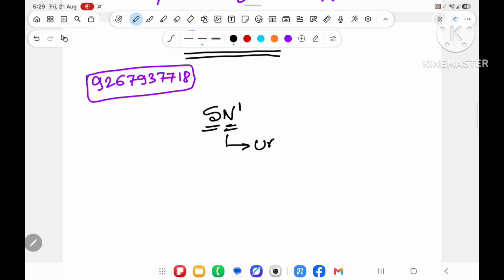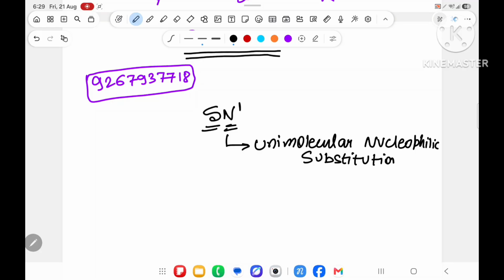SN1 mechanism is known as unimolecular nucleophilic substitution. In unimolecular nucleophilic substitution, what happens over here? Whenever we are doing SN2, over here we have taken a nucleophile, and that nucleophile will attack. But now in SN1,